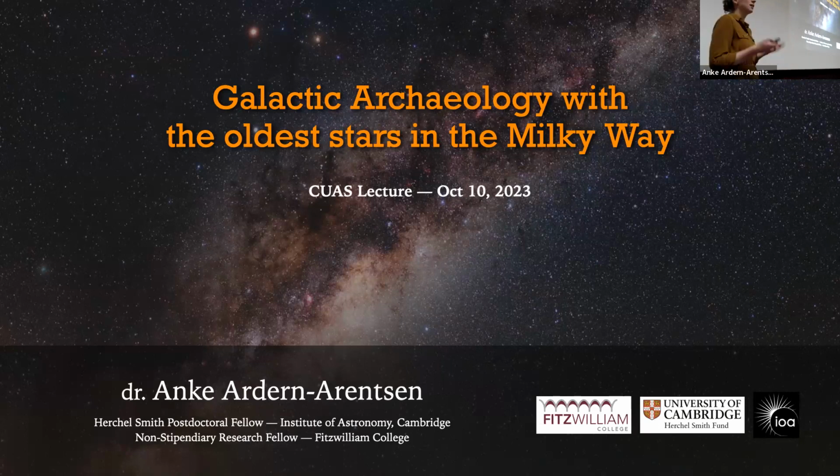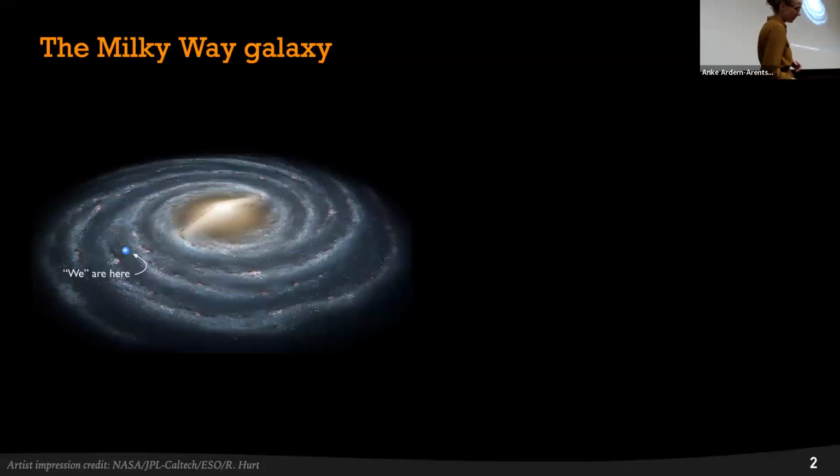So what I'm studying is the Milky Way, and this is an artist's impression of the Milky Way. Because we're in the Milky Way, we cannot take pictures from the outside. So all we have is these artist impressions. Just to give you a rough idea, we are over here about two thirds of the way to the center, in the disk, where the spiral arms are. Throughout the talk, I'll use